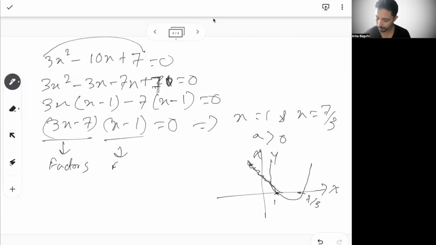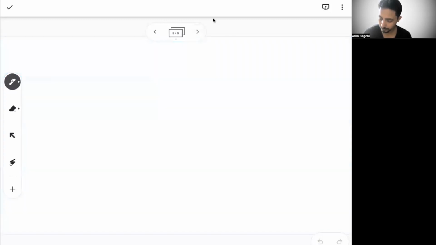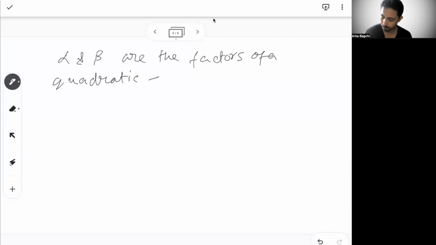These are called the factors of the quadratic equation. So if I say alpha and beta are the roots of a quadratic equation (not the factors, the roots), then